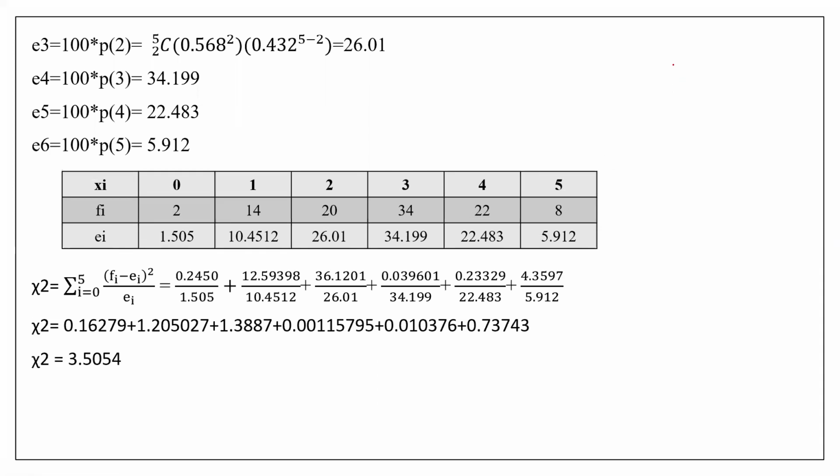Still, two more topics are pending for this chapter. One is the test of independence. Test of independence is pending, and as we have done the test on correlation, we want to do the test of regression coefficient. These two topics are pending, which I will cover in the upcoming class. All right. I don't know who has framed the syllabus. There are a lot of tests of hypothesis they have included in your syllabus. But anyway, this is all about